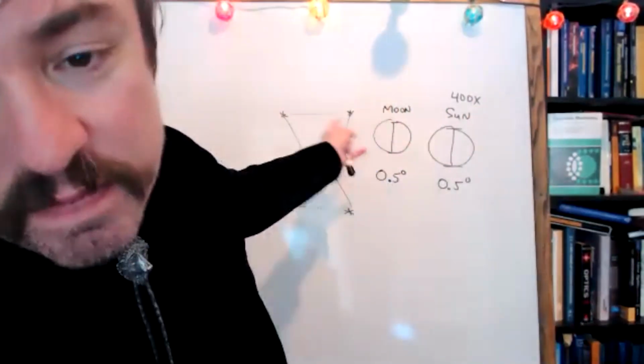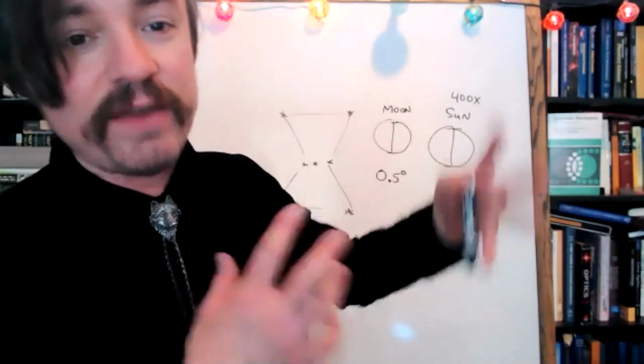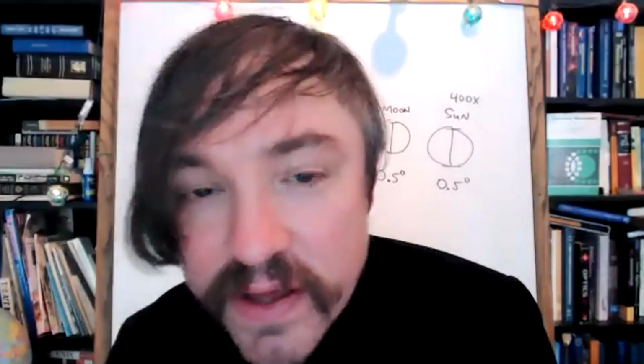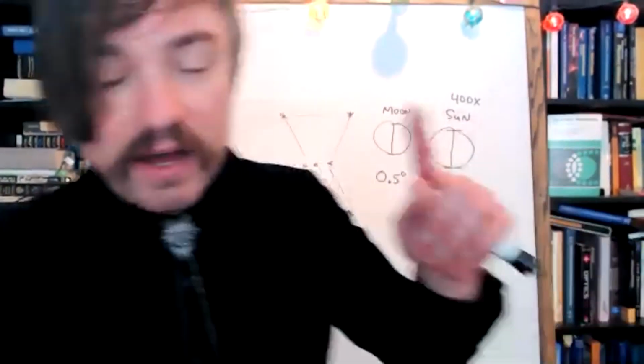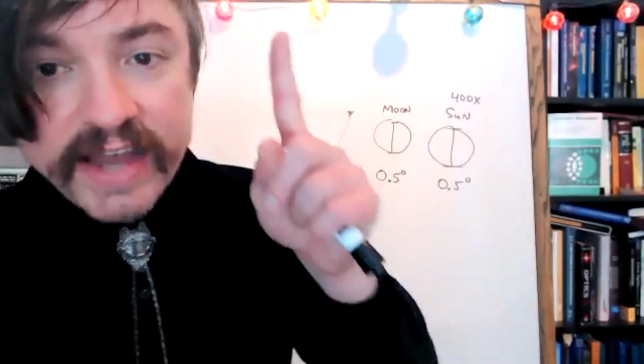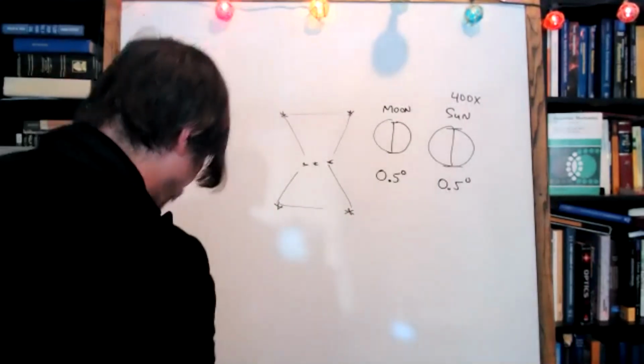And Aristarchus said, don't you think it's weird that the sun is 400 times bigger than the moon, but the sun is orbiting around us? That's kind of whack. Maybe the sun should, and he actually proposed heliocentrism thousands of years before Copernicus came along. But Aristotle had a clear refutation to that argument, which was based on logic.